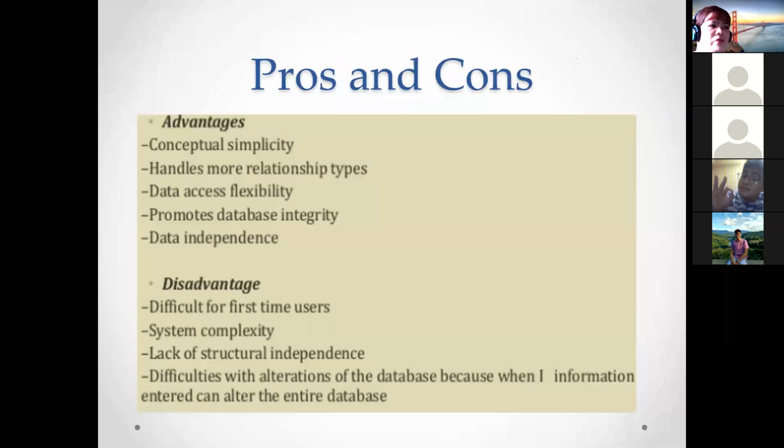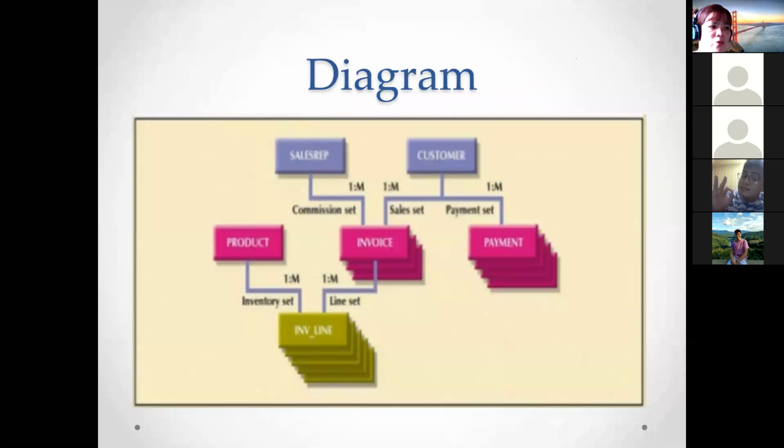So what are the pros and cons? Advantages, same with our hierarchical: conceptual simplicity. It handles more relationship types and data access flexibility. It promotes database integrity and data independence. So our advantages increased a bit, because in the hierarchical model, it can only handle one-to-many relationships. Here, it handles more relationships. As you can see, inside a one-to-many, there can be additional